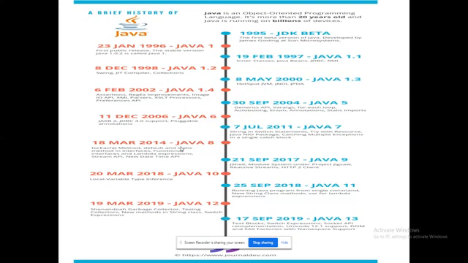1995, the version was released. It is 20 years old. Recently, we celebrated Java's birthday. On 23rd January, they released the first version, in 1996. By 1997, Java 1.1 was released. See what features they were incorporating. JDBC was incorporated in 1997. It is useful for accessing the database from Java. Data structures were enabled in Java 1.2 with collections in December 1998.